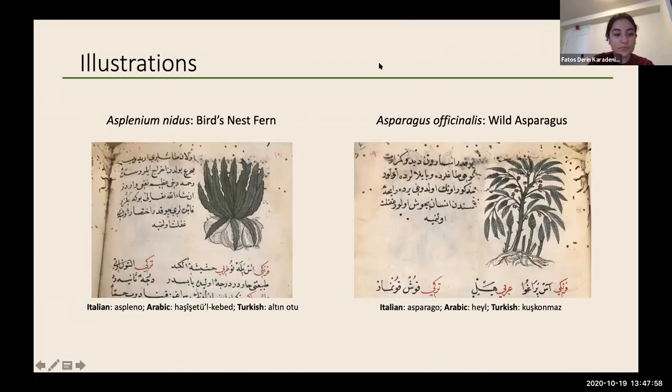So here we see asparagus, wild asparagus to the right. And you can see the illustration is pretty clear, which was the point, just to make this information more accessible. And in red on the bottom, it says Frangi, and then it has the word in Italian, Arabic, and Turkish. And the same thing,